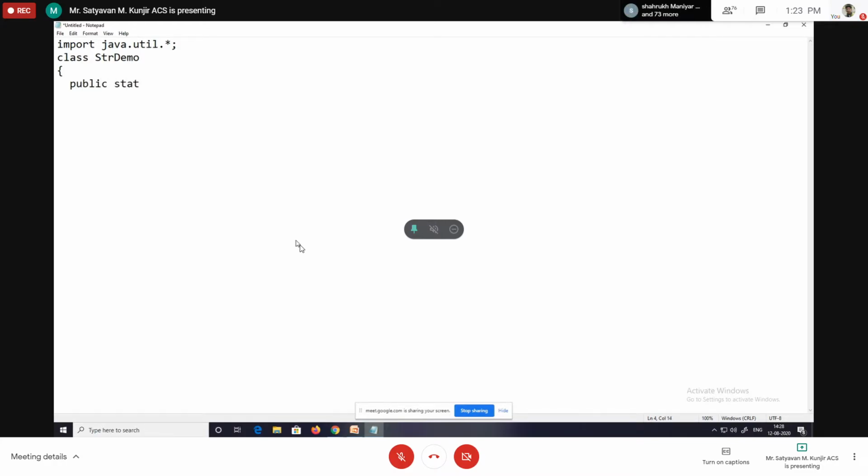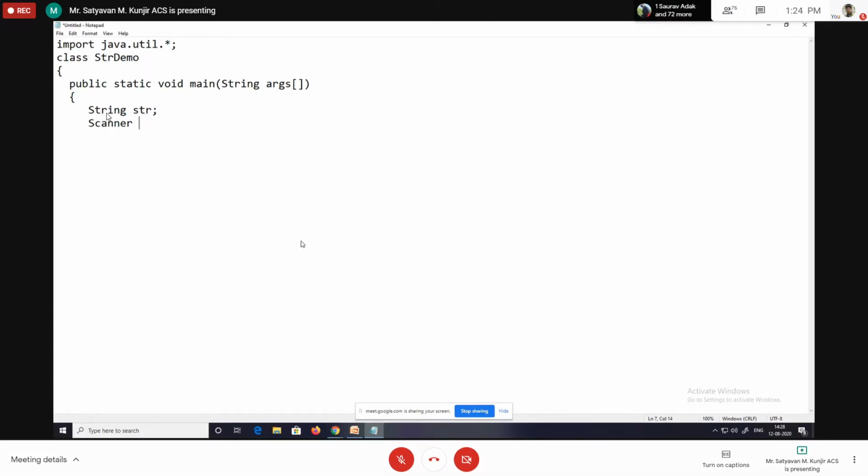Which I imported, that is for scanner class. Then main method public static void main and string args, and declare variable here, suppose str, and create an object of scanner class, that is for accepting string.